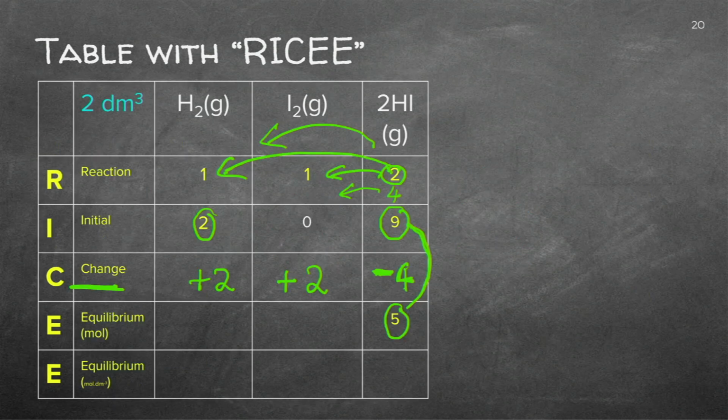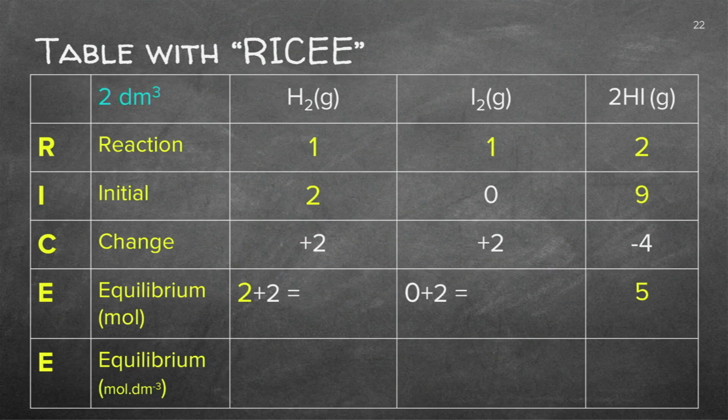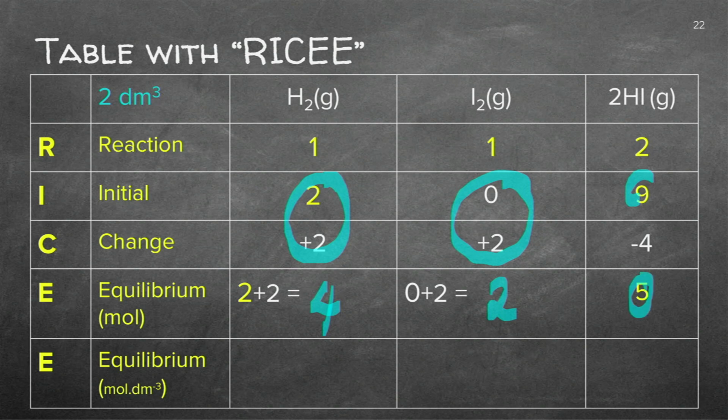I just want to go back here and just tell you what we're doing. Can you see there? I've got 2 and I'm now putting another 2 that formed. I had 0 here and 2 formed, and here I deducted that. It's important that you do the right mathematical procedure. So I had 2, I added 2, so I've got 4 now. I had 0, I've got 2 now. I had 9, I know I've got 5, so I minus 4, and that gave me my relationship to calculate